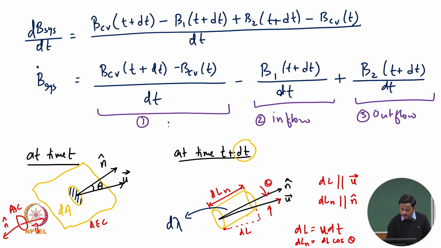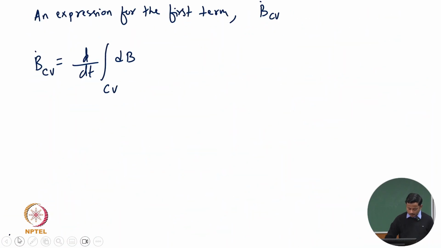Yes, so this is B dot CV. We are trying to find an expression for this first term, B dot CV. So B dot CV is the time rate of change of this infinitesimal quantity B, but integrated over the whole control volume. So this is equal to